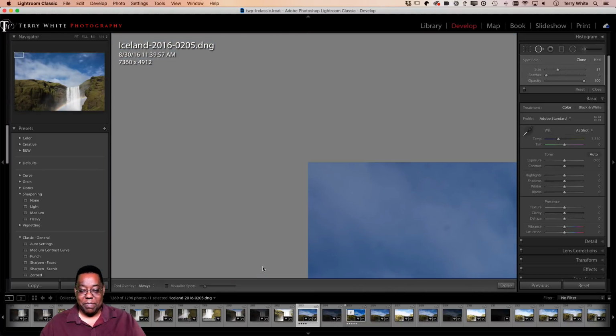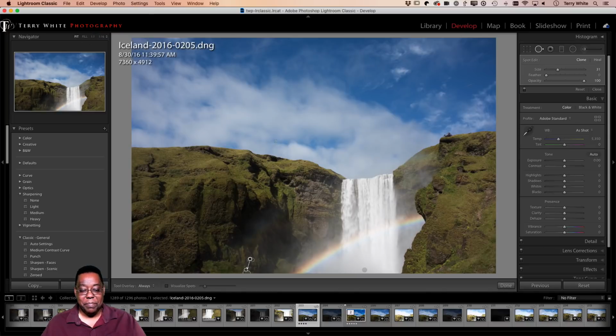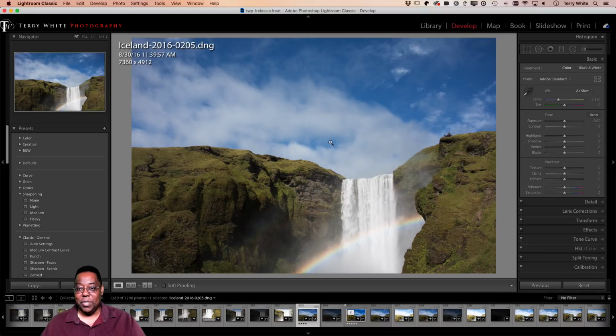Page through your photo, and then you can go back out to fit or fill to see everything you just did. Get out of the spot removal tool, and away you go. All right, so now I have a clean landscape photo without random heads at the bottom of it. Good thing I didn't sell this one. It would have been embarrassing.